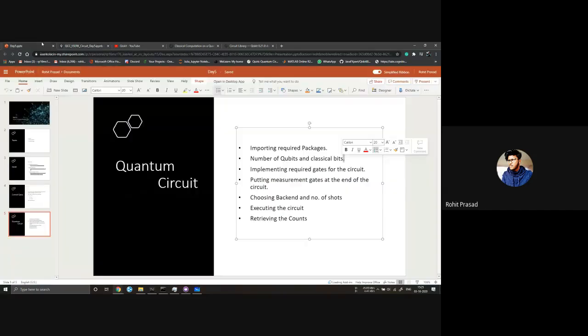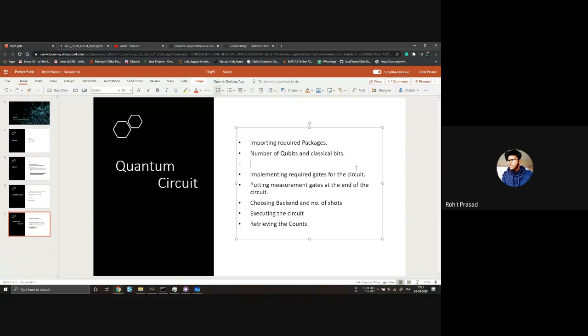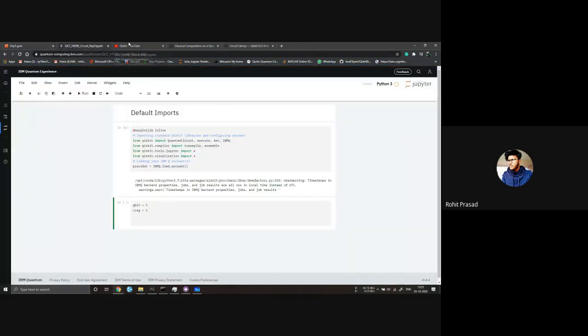Okay, so the second thing is to implement the required gates for the qubits. I guess I left a point: make a quantum circuit. How do we make a quantum circuit? Using this imported package. The Qiskit package has a class named QuantumCircuit.